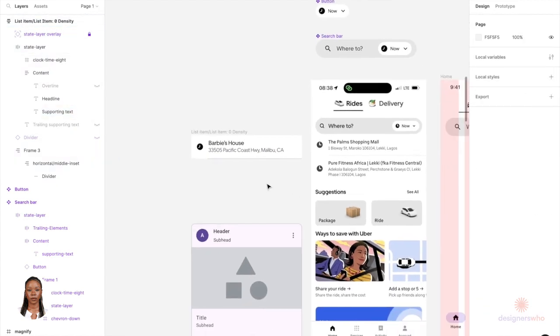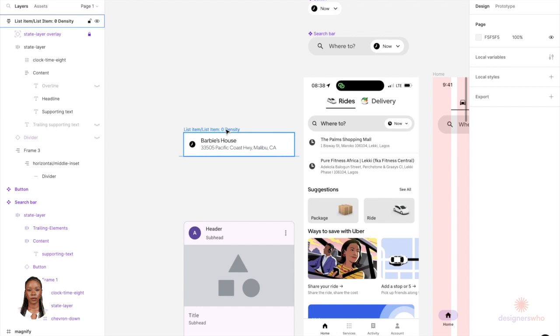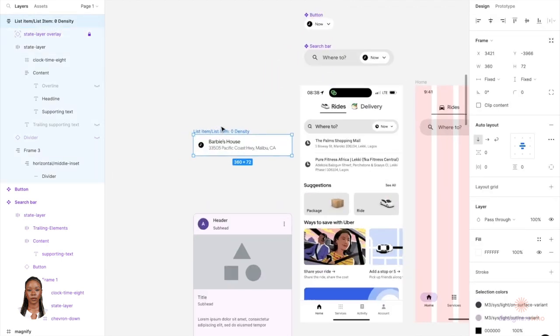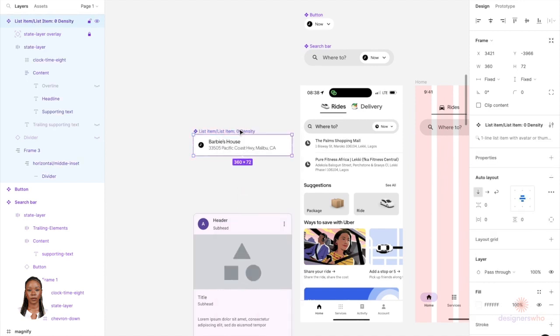Okay, so I'm done with our Barbie's house. I'm going to make this a component. Create components. List item